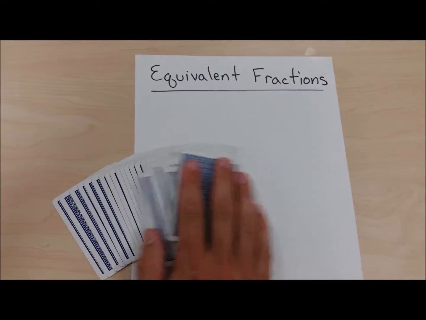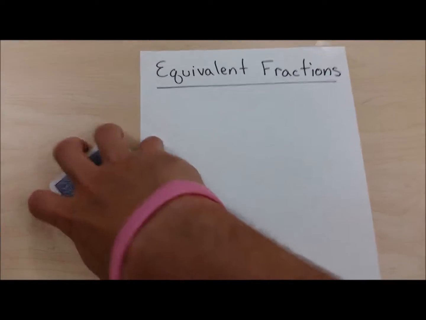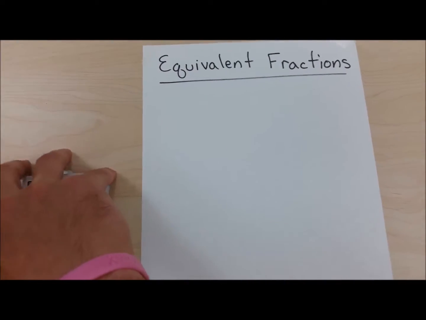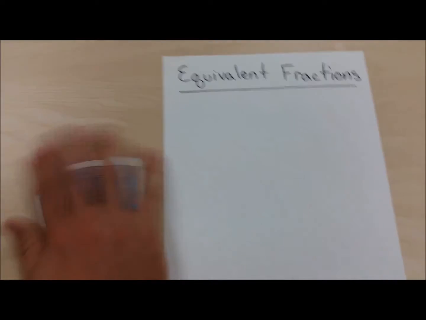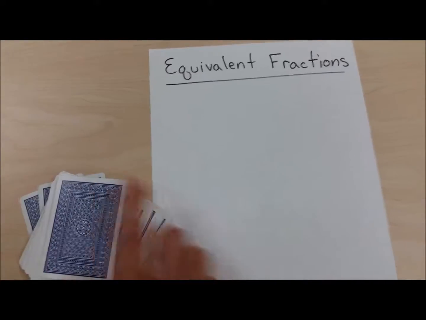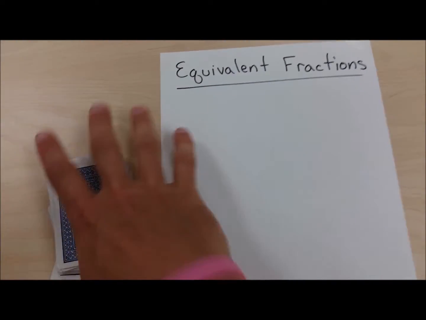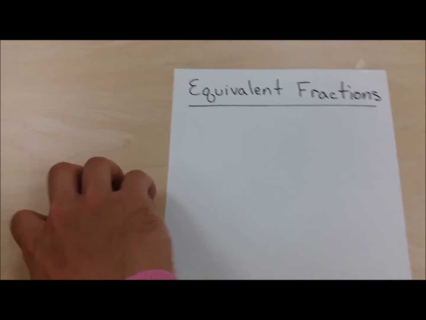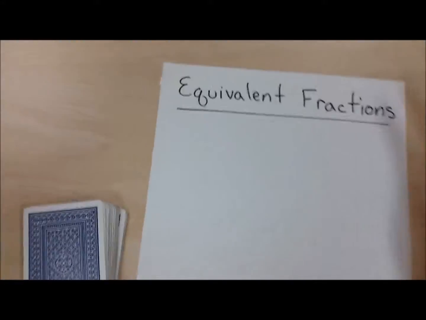Okay, now the magic's over, let's talk about a little bit of math. We're just going to use our cards to sort of illustrate how we can pick fractions, and so you know it's not rigged. I just shuffled the deck and everything, so it's all good to go. We'll mess it up a little bit, but you realized if you followed along that really didn't do anything, which is fine. Okay, what we're going to do is talk about equivalent fractions, what we can do with them,